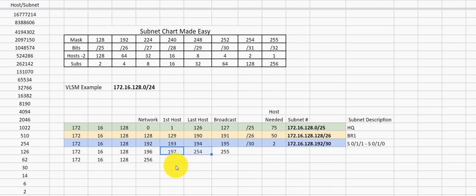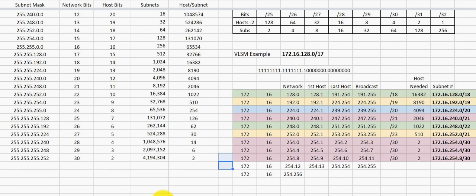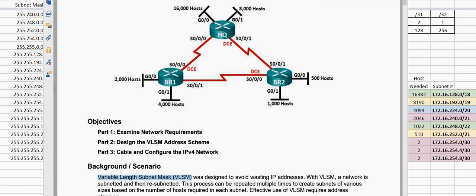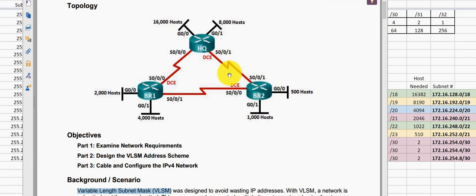It gets a little bit more complicated when we do it into the 3rd octet or the 2nd octet, but the 2nd and 3rd octet is about the same when we do it, and you just have to do multiple octets. So it gets a little bit more complicated, but we're going to do it in the third octet. And we're going to use this example right here. This is a lab from the Cisco Netacad course, the Introduction to Networks. And what we've been asked to do in this lab is we've been given an IP address.